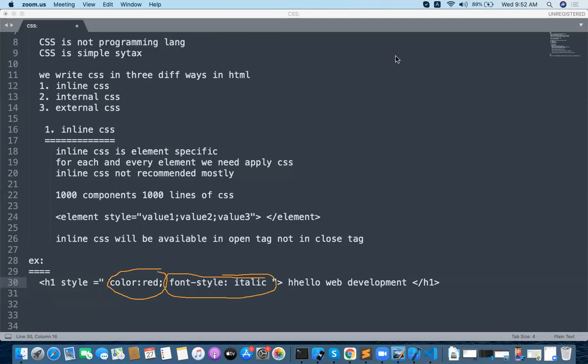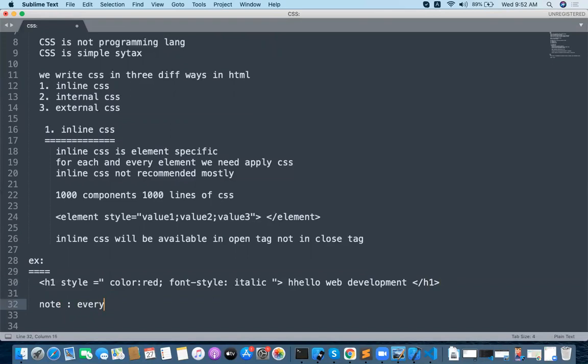That is the important thing you should understand. Note point: every value is separated with a semicolon.